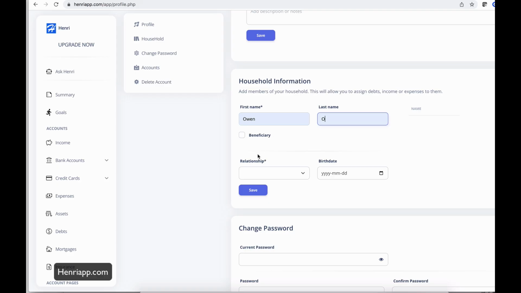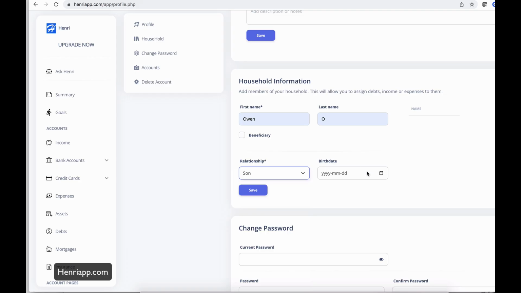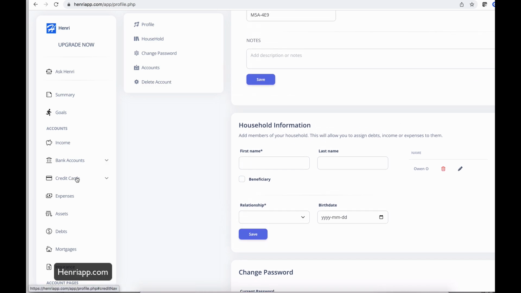But usually you'll just leave this open, and then you just pick what their relationship is and their date of birth. I think this is an optional field. And you'd also hit save here, and it would automatically update, and then you'll see that they're here. And you can delete or edit this information. So if we go back to credit cards,